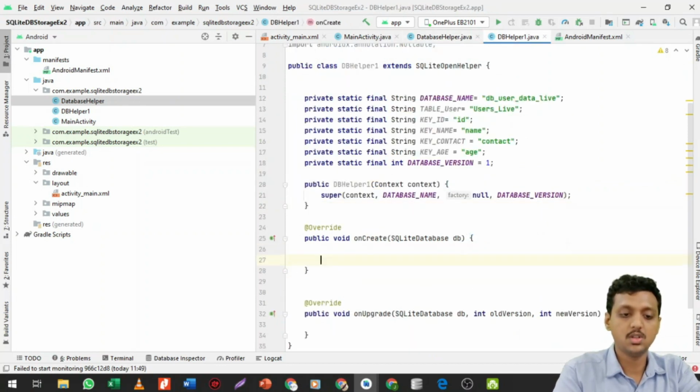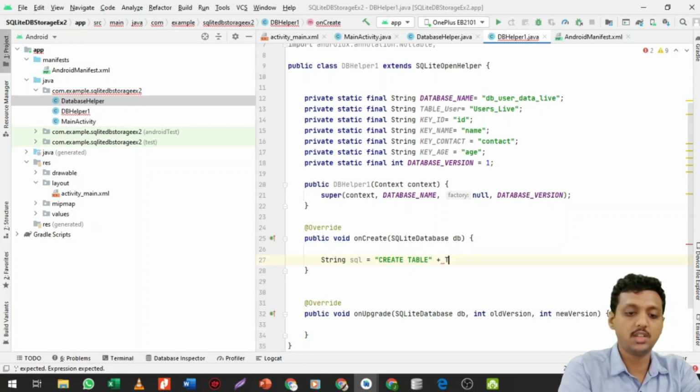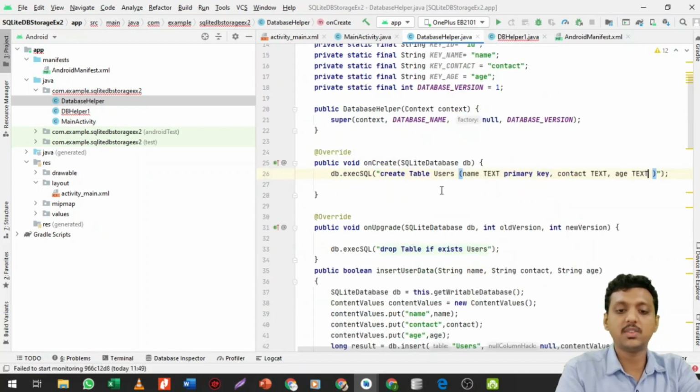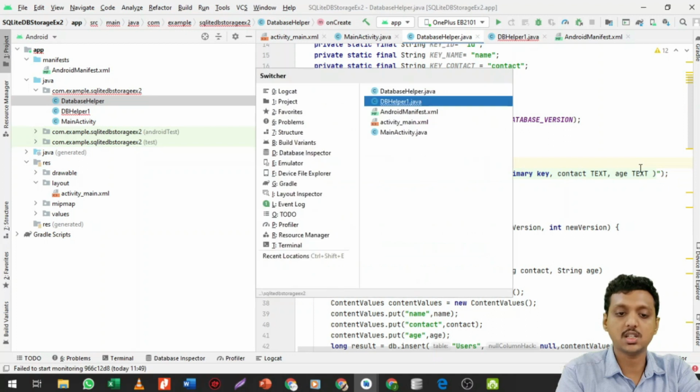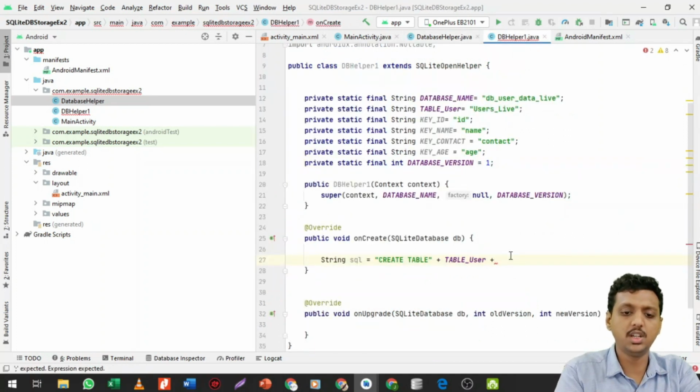See, you can also make a string variable, string SQL. Now the query is create a table, then table name is already given. Table name is students, table user. Fine. See, this is a normal query. If you do not want to write like a Java concatenating string, then you can write like this, like create table user, table name, then name, primary key, contact text, age text. But if you are convenient to write like this, then always write like this, table user plus